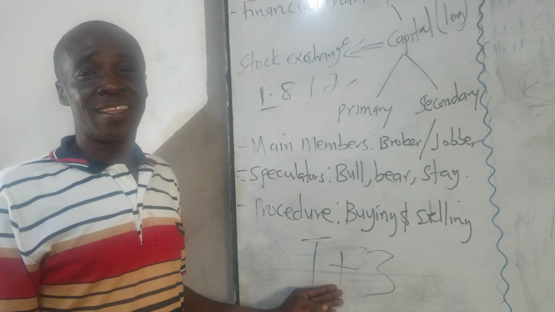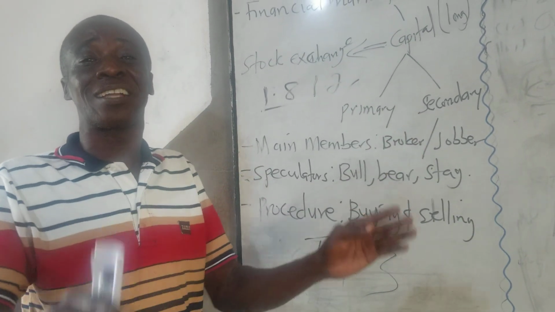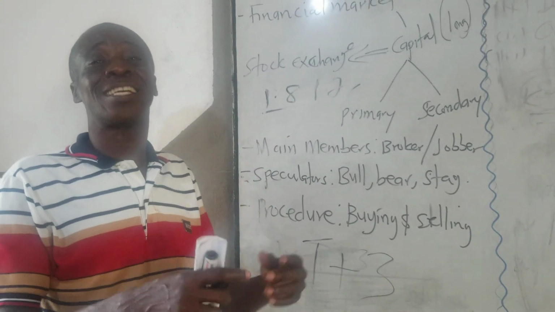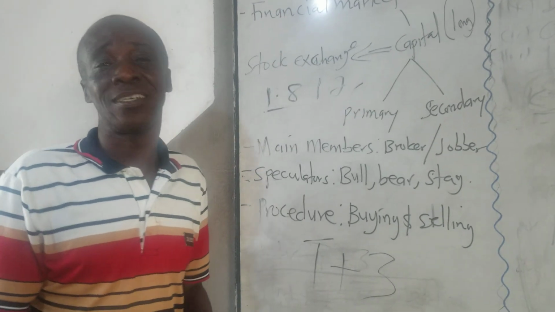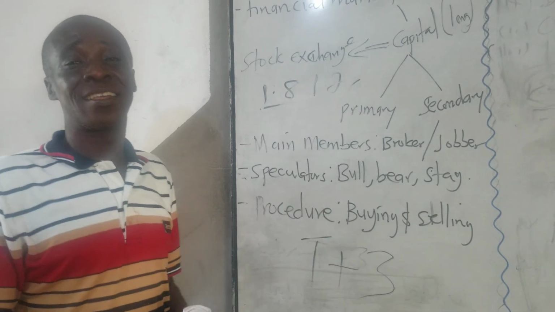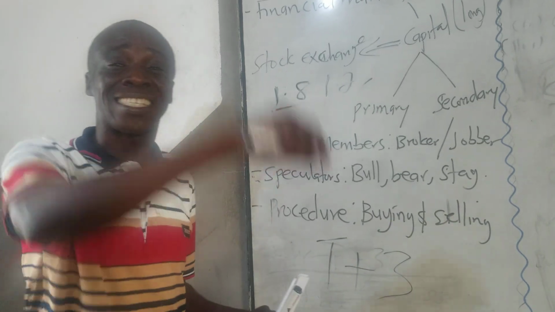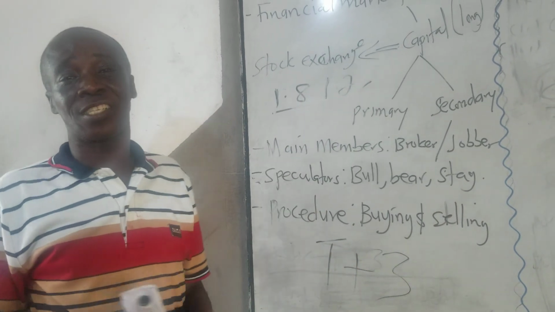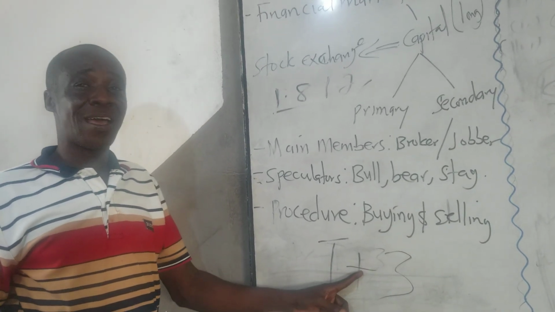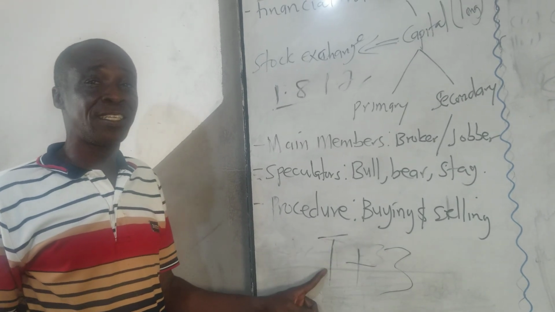Now on that day, it had been executed, the transaction has been executed. The shares have been sold, but payment will not be done on that day. It has what they call a 3-day cycle after the transaction. So when the transaction is done, the actual payment will be done after 3 days. So that's what they call T plus 3.